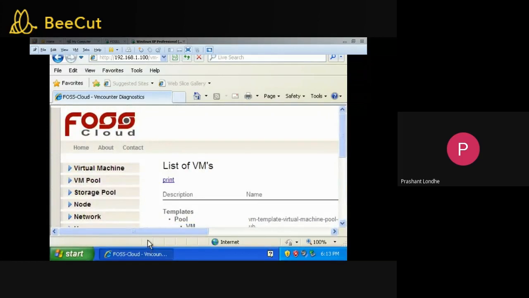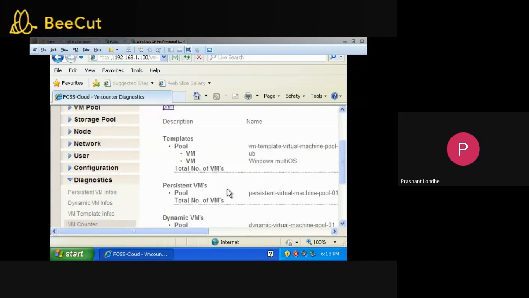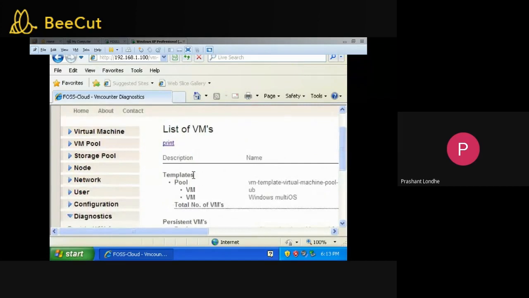If you have any query related to FOSS Cloud, then ask. Else I will close this system and go for practical number 1 and 2 in a demonstrating way. Any query in these practicals? I will share the screenshots with you by tomorrow evening, so you can create your documentation. You can use those snapshots, or you can install your operating system in this way also.